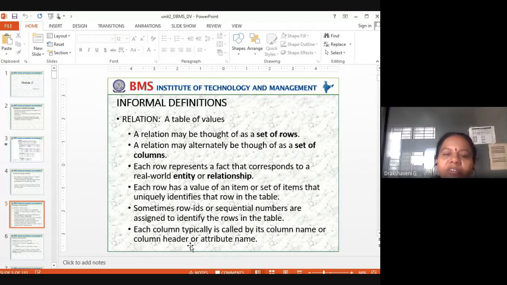So all 51 students of third semester are studying in the Department of MCA in the MSIT college. So that's what we call an entity or a relationship. So then how do we identify